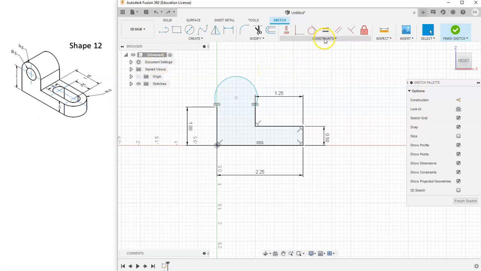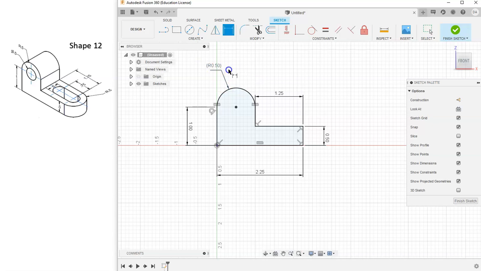I could have instead found my tangent constraint and selected my arc and my line. That would have also given me that dimension, because it makes this arc tangent with this line, which gives it the same width as this line. And it can't be tangent to this line without being tangent to this line over here as well. So now if I select it, the radius is still 0.5. That could have been another way that you had done it, but it doesn't matter because it gets you